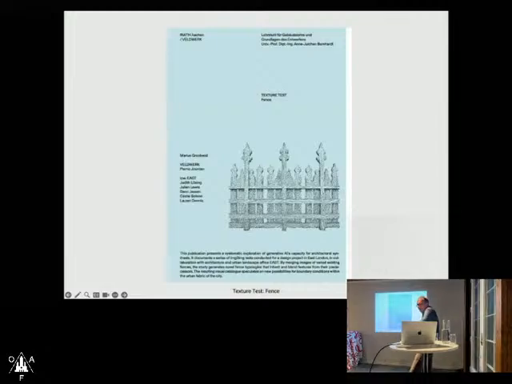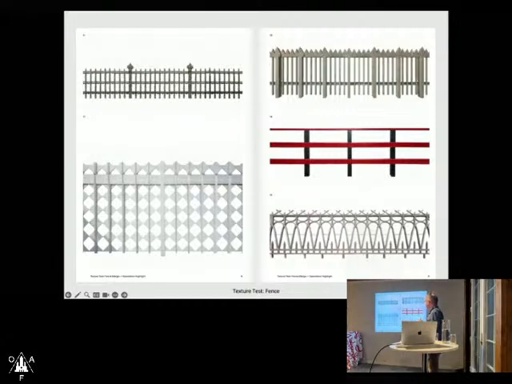A project we did together with East in London, who make very beautiful parks and public space. For a new project that they're working on, it was a multi-games area.